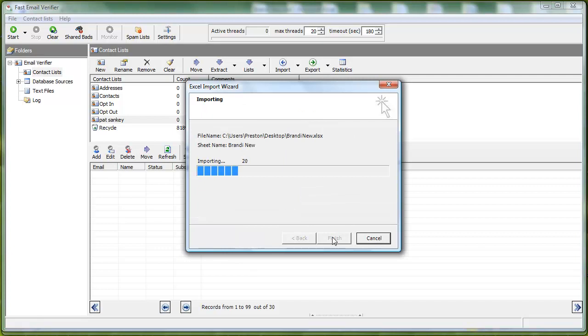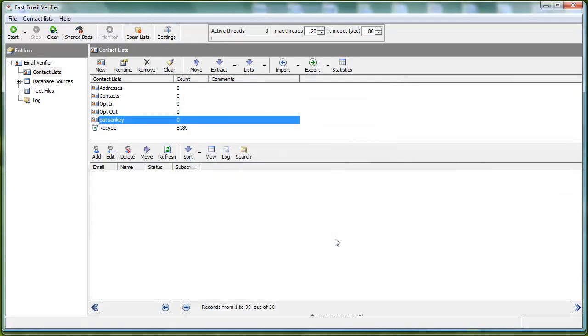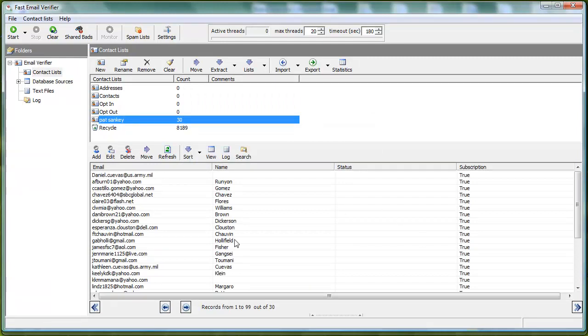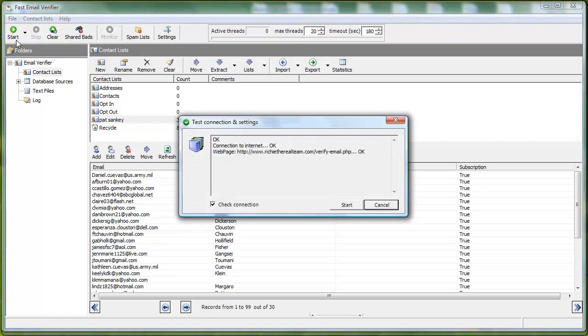Then it'll go ahead and do the import of the contacts, and when it's done, you just click the finish button. And at that point, the list that's been imported will appear here with only the email address and the last name that you chose. Next thing you do is in the main menu bar, you click the Start button,